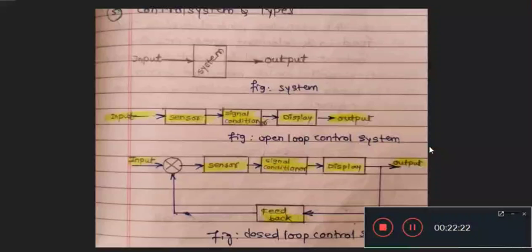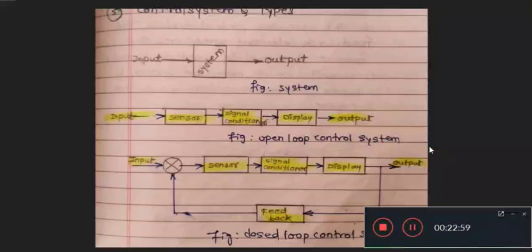This control system has a feedback element which is added to the open loop control system. The feedback element measures the output, and the signal is sent to the comparison unit, which calculates the error and takes corrective action, as in the figure. The input is first sent to the comparator. The comparator produces a signal equivalent to the input and sends it to the sensor.